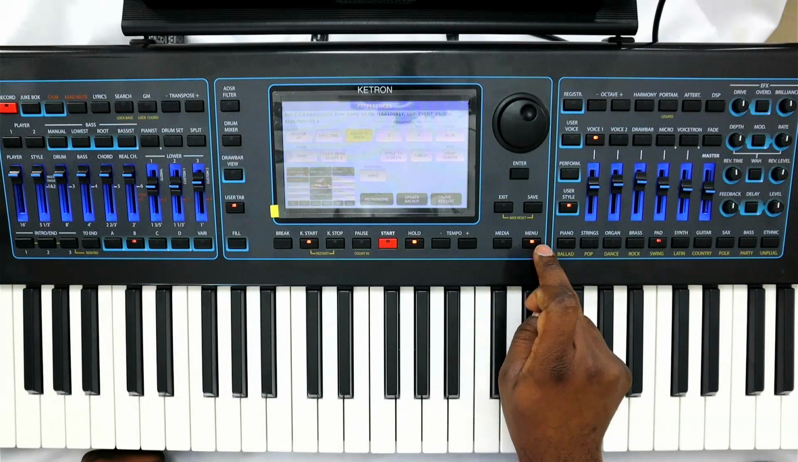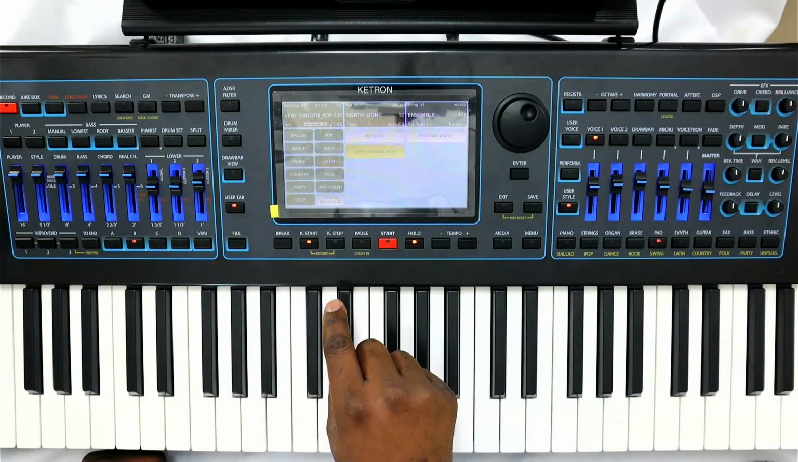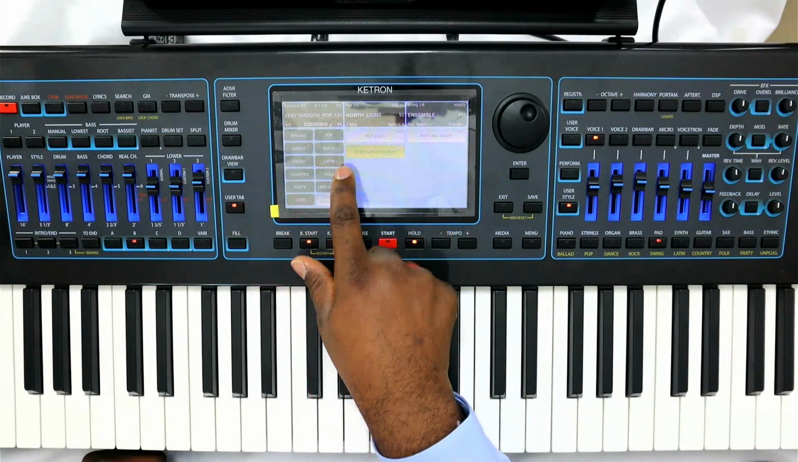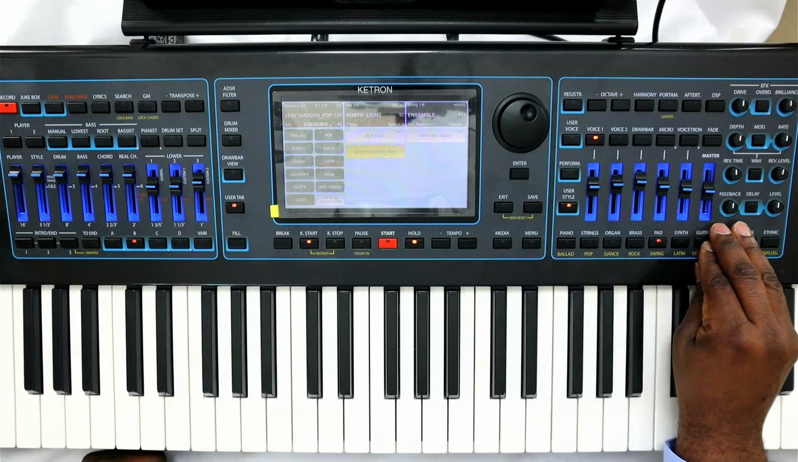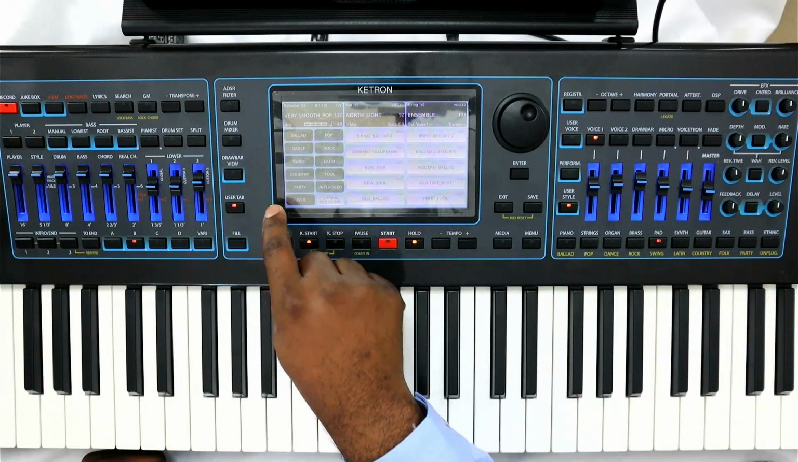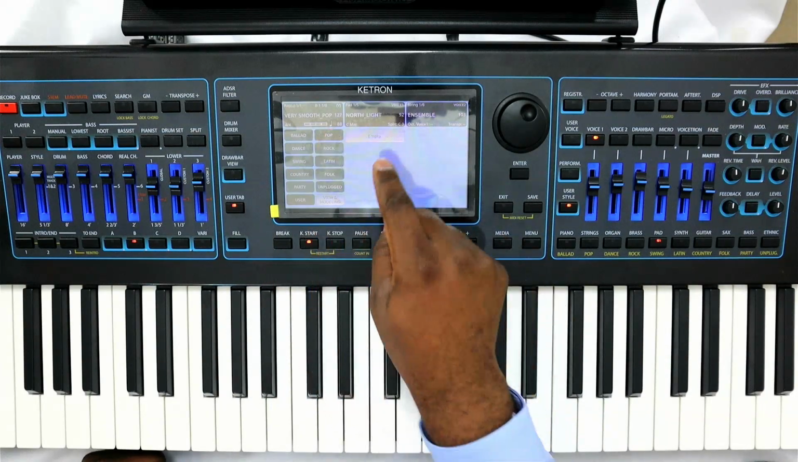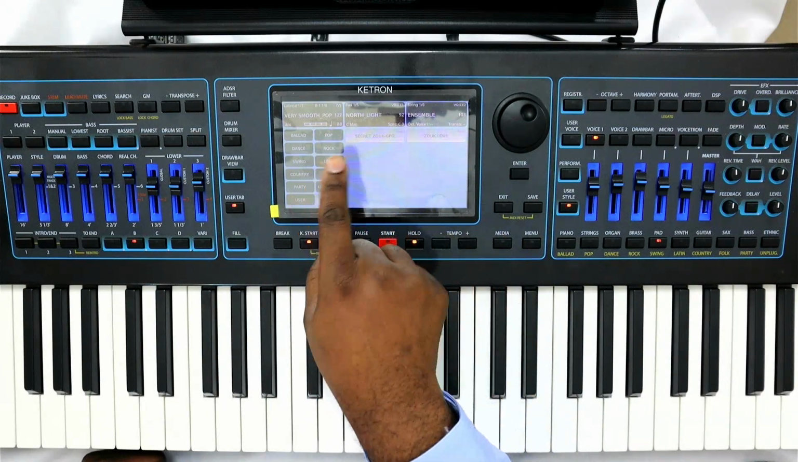When the style to panel is active and I get out of menu, it means that when I go to my style selection, on the left side, you can now see my style group. So these buttons that were over here are now represented on the screen. So if I go into my ballad, I'm going to display all my ballad styles. If I go into my pop, I'm going to display my pop styles, Latin, and so on and so forth,